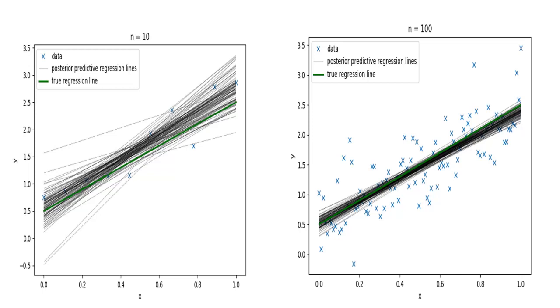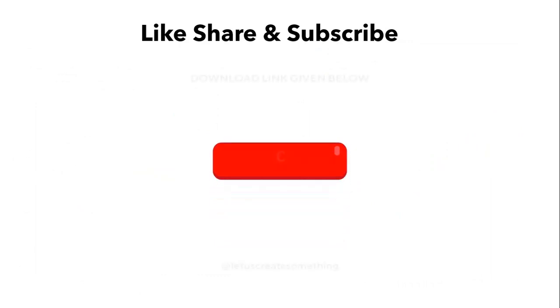And guys, here I am trying to show you the best fit line visualization that we have generated through the Bayesian approach. Each black line corresponds to a single pair of w and tau that was sampled from their estimated posterior distributions, and the green line is the true regression line. So guys, when we have less data, suppose for n equal to 10, the regression lines inferred using Bayesian learning are widely spread due to the high uncertainty of the model, whereas the regression lines are well pegged together closely to the true regression line when we have provided more information, say when n is equal to 100, to train the model.